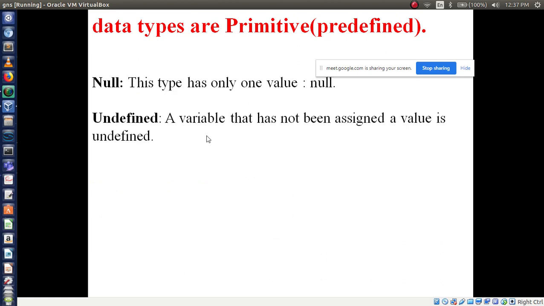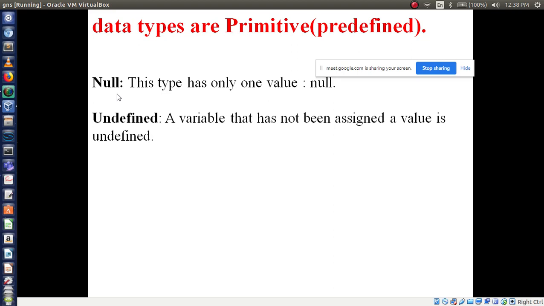Now another 2 data types are null and undefined. Sometimes you have to use the null data type in your program. When the situation comes, at that time I will tell you in detail regarding these 2 data types, null and undefined. This type has only one value, that is null. Sometimes we need a null value also. Okay, because JavaScript belongs to what? Dynamically typed language, right?